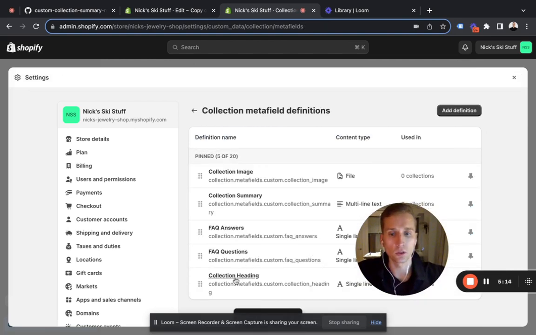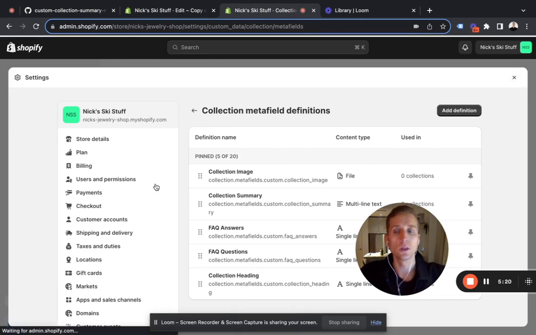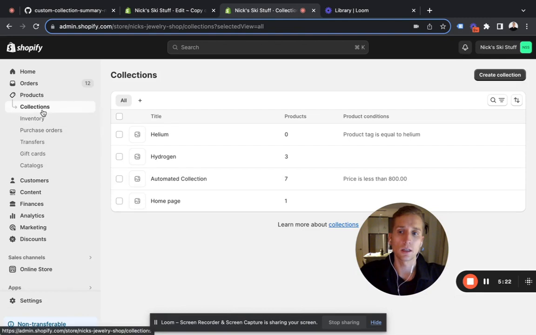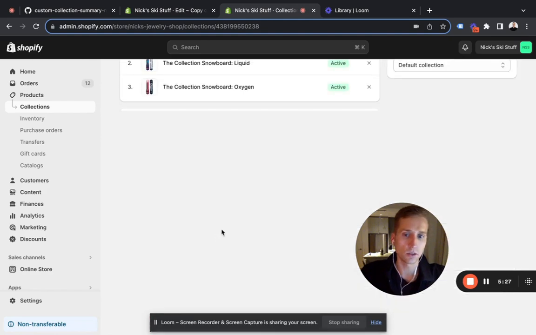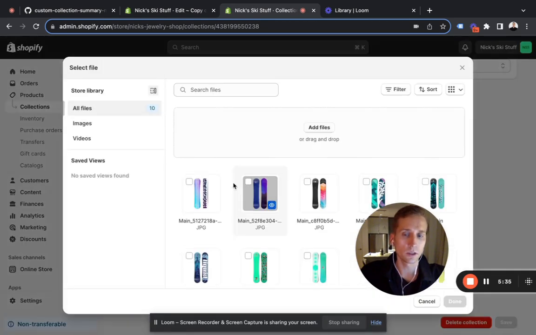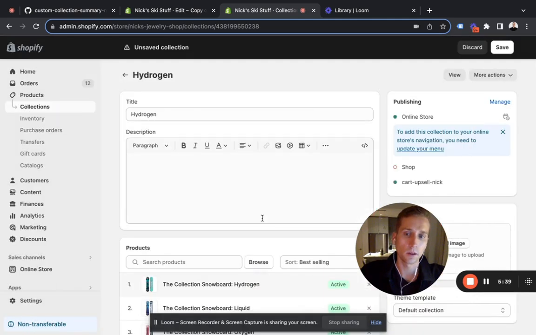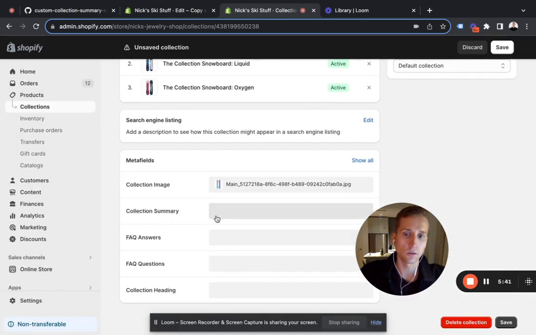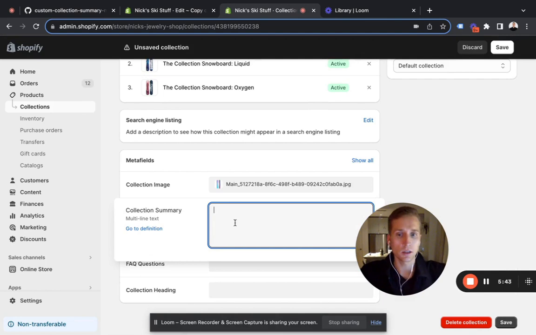Okay, so we've created these 5 metafields in our settings, but we need to actually go to the collections and add them. So I'm going to go to hydrogen, and I'm going to scroll down to the bottom here, and you'll see our metafields are showing up successfully. So let's create first an image. I'm just going to select this first one, and then I am going to add a summary,